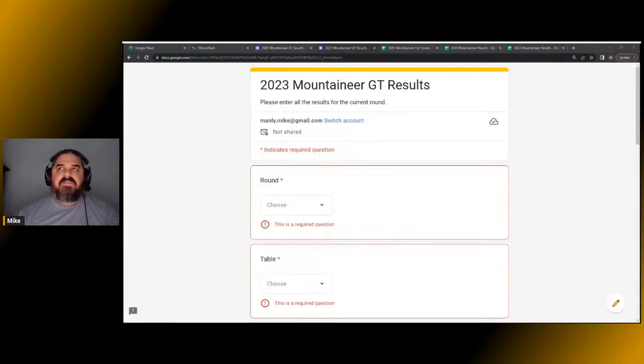Click here to submit another one. And it's the same form the whole weekend because again, it's not specific to every round. Nothing is pre-filled. Like, it doesn't know what tables people are playing on. It's asking them to input that. That also means that there's just the one QR code, and if people leave their browser on their phone open,